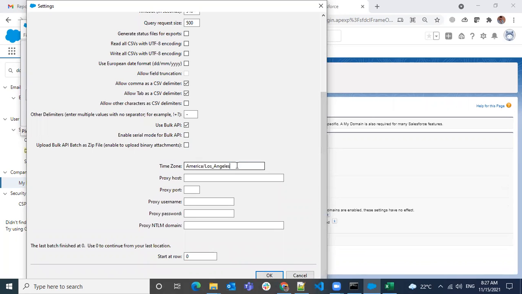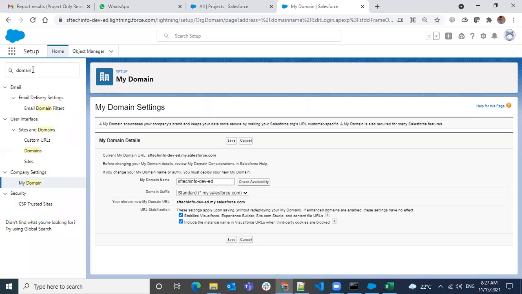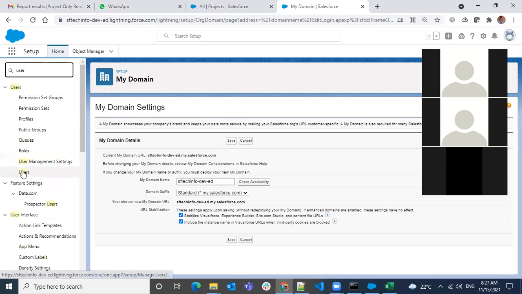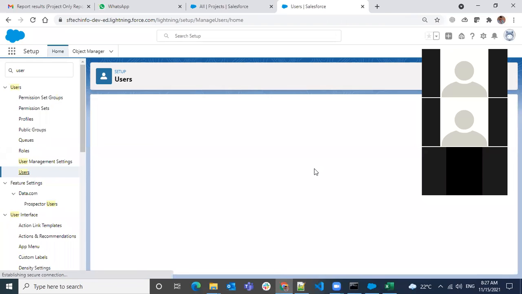And here is what I was saying about the time zone. When you're using date or datetime fields, you have to be specific about which time zone you want to take the date as. So it's America/Los_Angeles. If you want to give Indian, then IST, you have to use the time zone name.